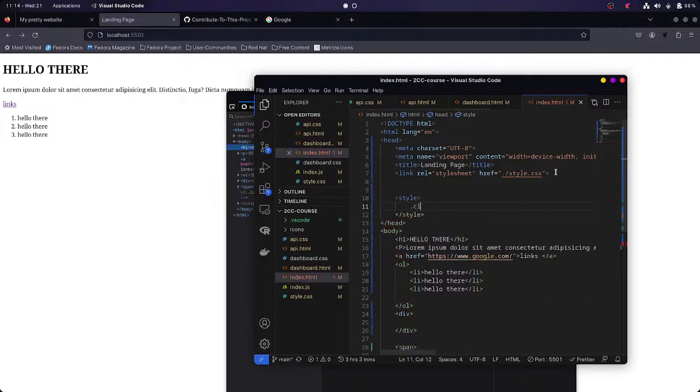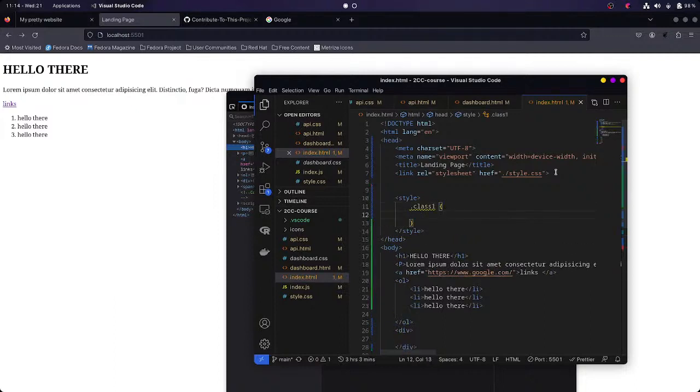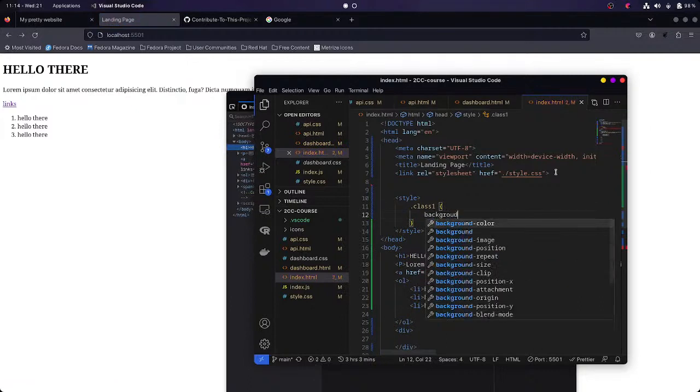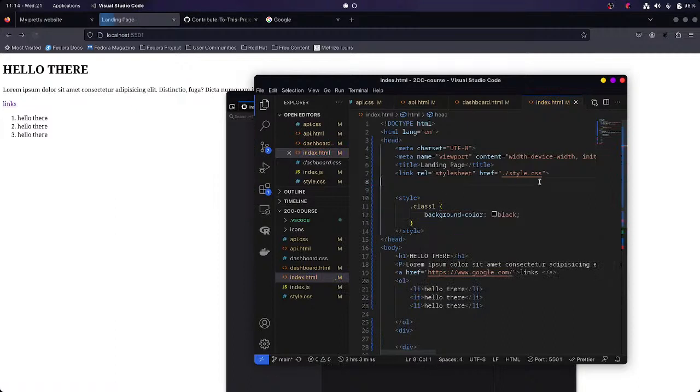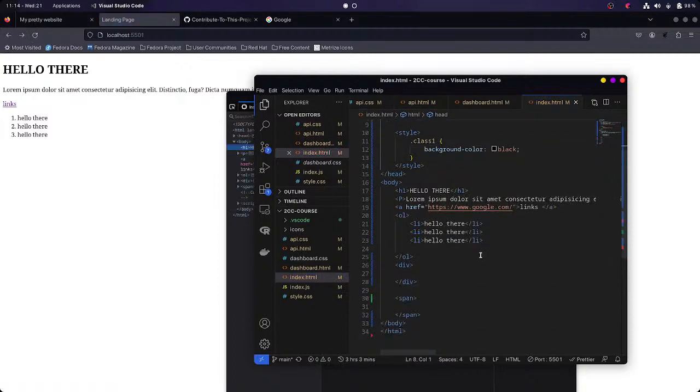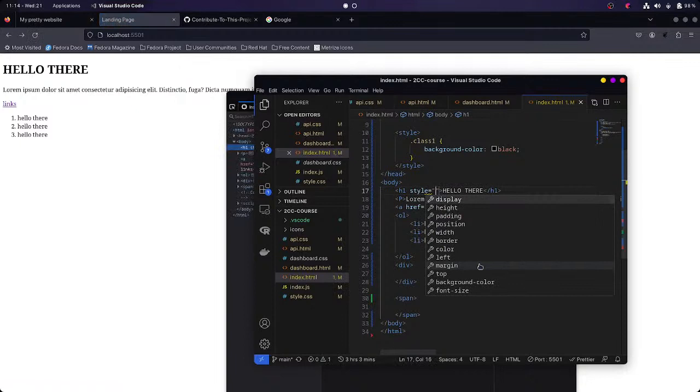For example, let's say if I had a class, I can just use this class and write my styles here, or I can use inline CSS that is applied directly to the element. It works on a single element. You need to apply it for each element that you have on the web page. It works in the same way, but it is comparatively harder to use, and honestly you should stay away from